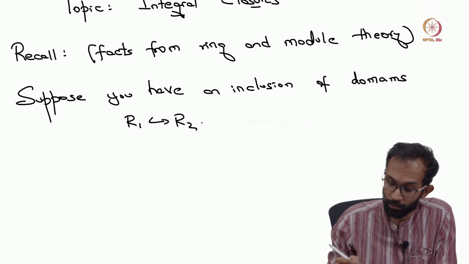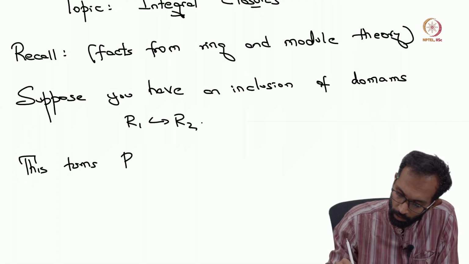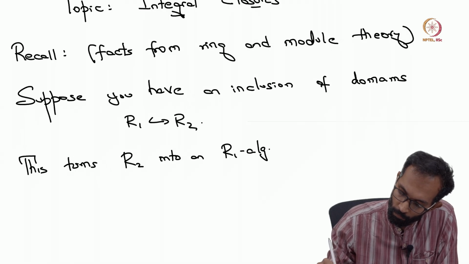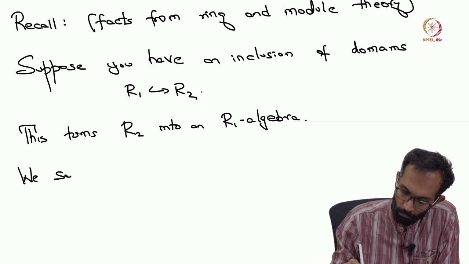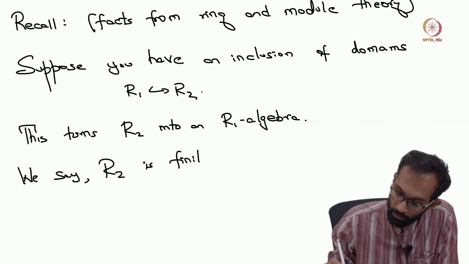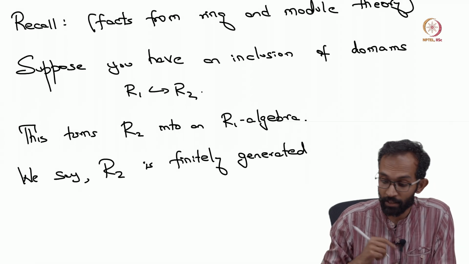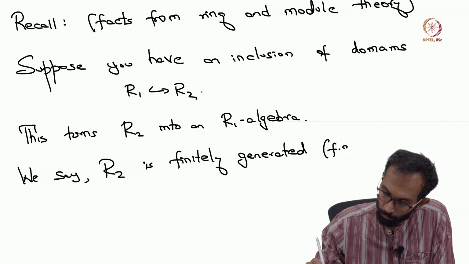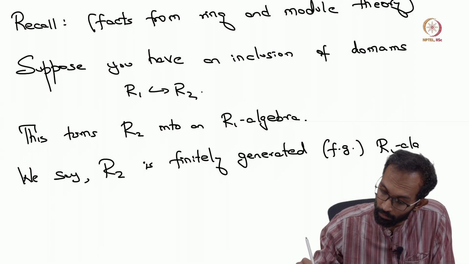If you have an inclusion of domains this way, then this turns R2 into an R1 algebra, and we say R2 is finitely generated, and just as in the previous lecture, I'll abbreviate finitely generated by f.g. So R2 is a finitely generated R1 algebra